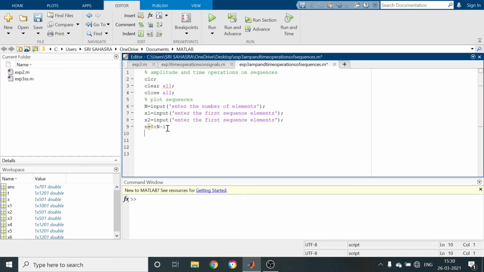Whatever the given sequence, you have to plot that sequence. So go for subplot. MATLAB is case sensitive, so use small letters: subplot 4, 4, 1.